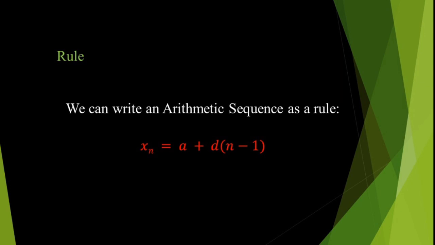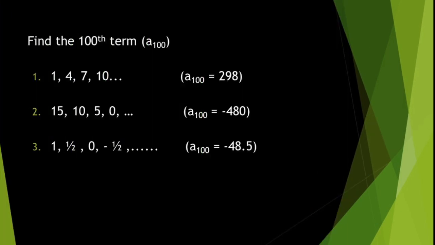Now, in this arithmetic sequence, we can find any nth term x_n using this rule: x_n is equal to a plus d into n minus 1. So for example, we want to find the 100th term, then in the arithmetic sequence 1, 4, 7, 10, and so on,